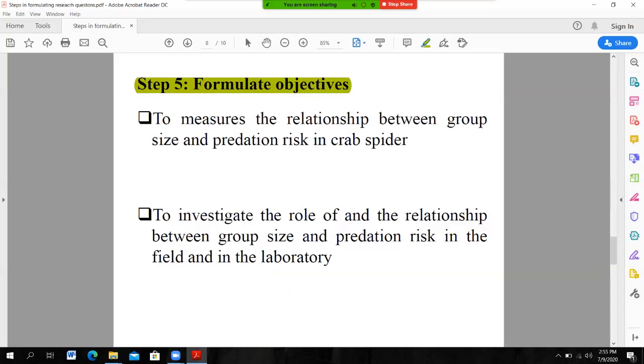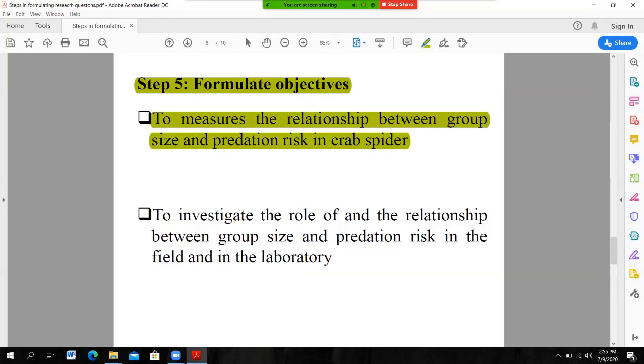So in the above question, the possible objectives may be to measure the relationship between group size and predation risk in crab spider. This should be the possible objective. To measure, to assess. As we have already discussed, objective gives direction to the researcher. So here, the objective is to measure the relationship between group size and predation risk in crab spider. Here, the direction is that the researcher wants to investigate the relationship between animals living in groups and the predation